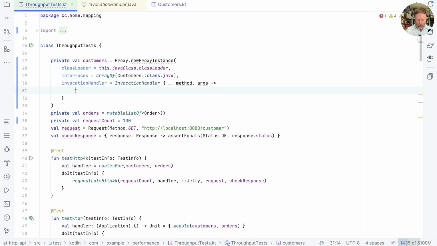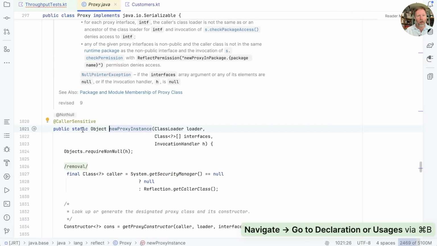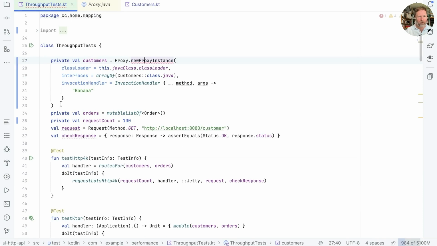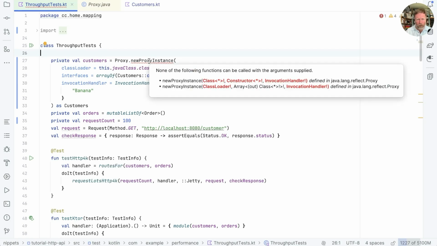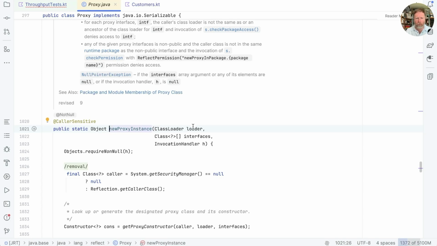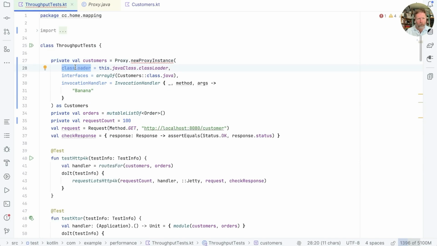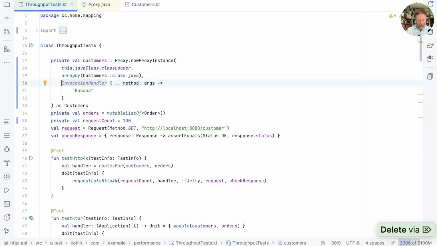Let's say we just return banana in here, which is allowable because this invocation handler invoke just returns object. And we're nearly there, but new proxy instance returns an object. We need to cast that to the thing we know we want, which is as Customers. And some issue where it's not compiling here, none can be provided with the argument supplied. Well, it turns out the names of those parameters were completely wrong. So let's just get rid of them altogether. Now, if we run that,